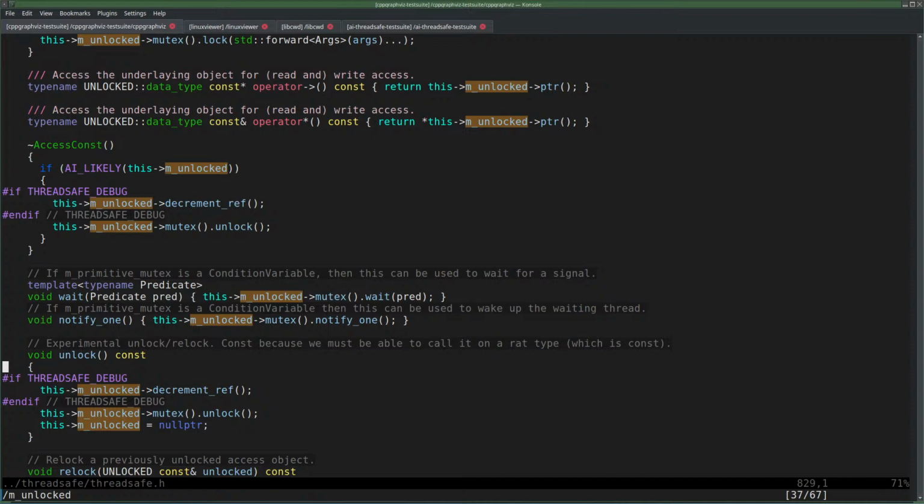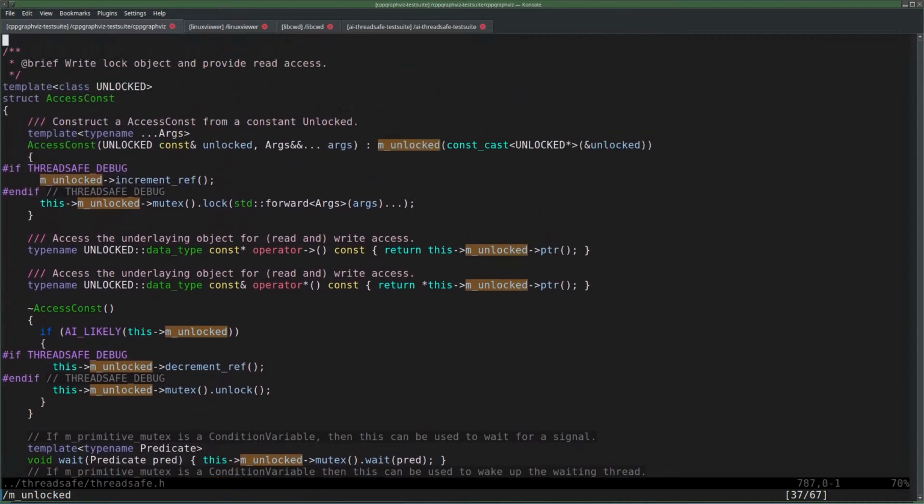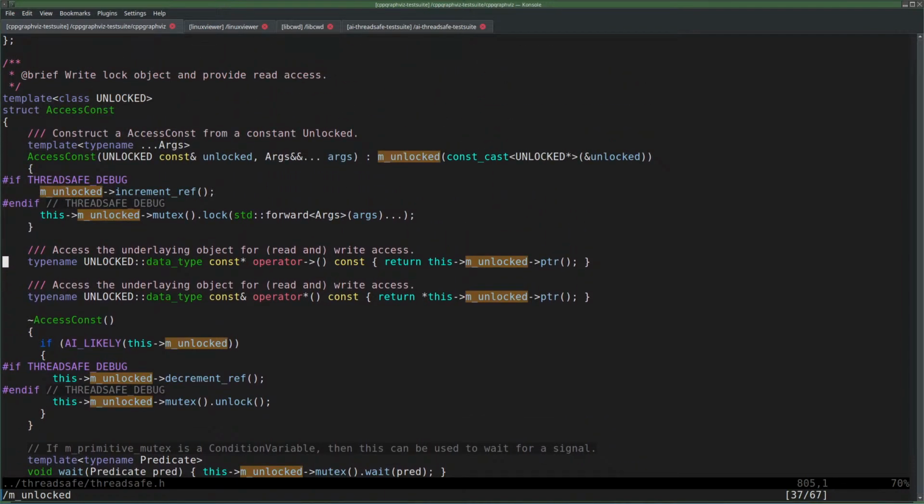Yeah, well, anyway. So it's okay, I think, to return the base class pointer here. So then we're unlocked is actually an unlocked base. And whether or not M unlocked is a unlocked or a compatible unlocked base, that's also working, because the unlocked base should have a reference to the mutex of the unlocked.